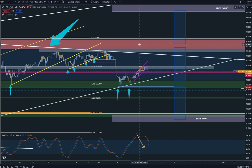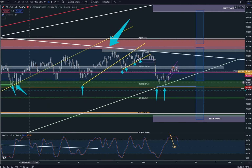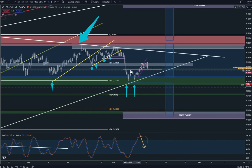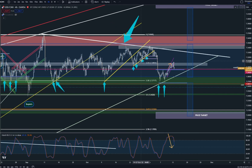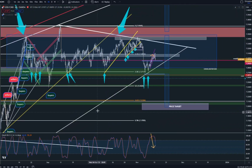But really, it's just such a tight range. This whole thing, from the major range highs to lows, which has been going for the three months, is only 1%. So realistically, it's just supporting, resisting, supporting, till you get the breaks of these. I think it's just going to be that continual grind. Getting a little bit of a triangle tip here, because this large one down here is actually the